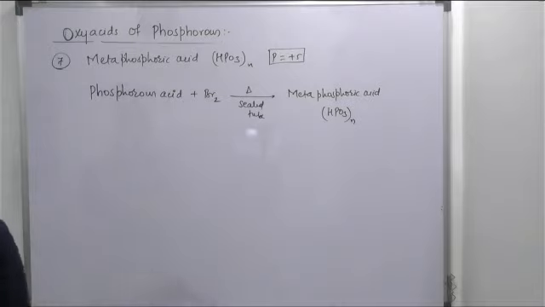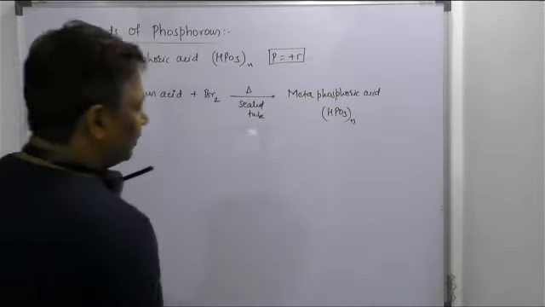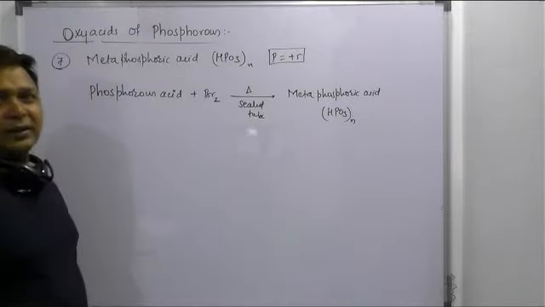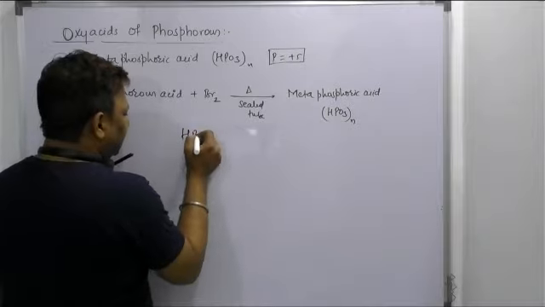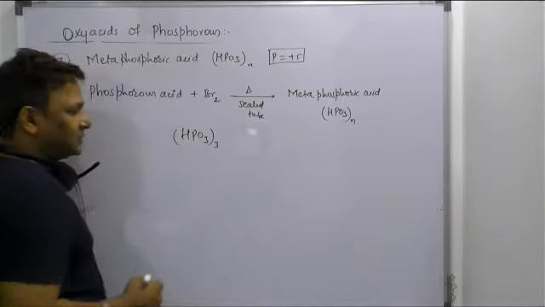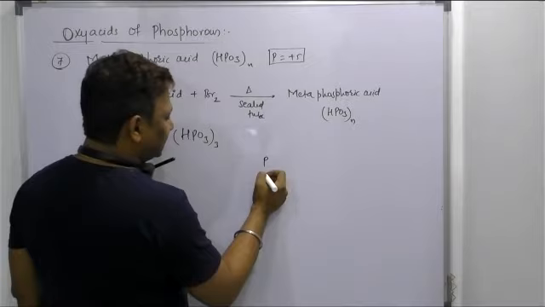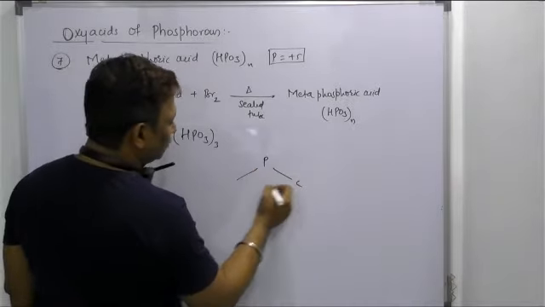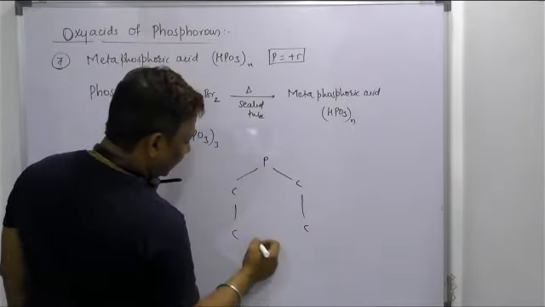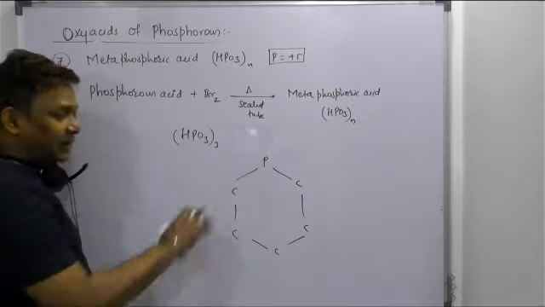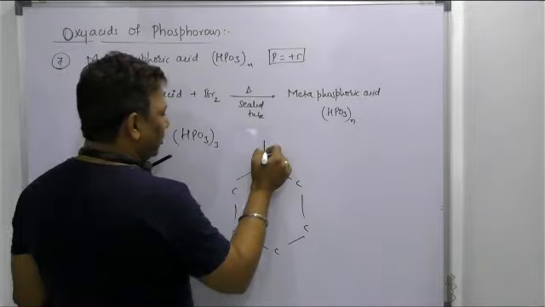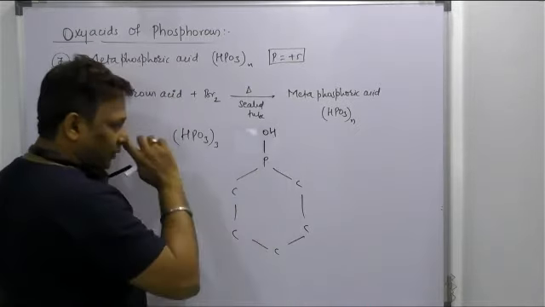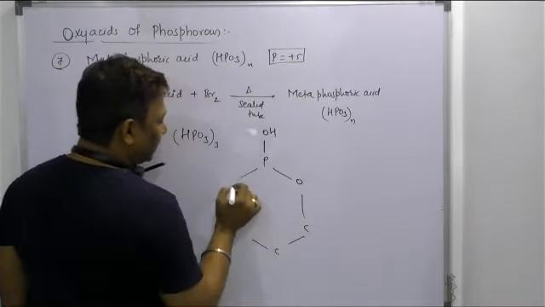Here we will see how many POH bonds are there, how many P double bond O, how many POP bonds. Just to tell you, if you take the n value as 3, then HPO3 is taken 3 times, and it is something like this. 1, 2, 3, 4, 5, 6. See, I have drawn a benzene-like ring structure here. But actually PO3 is there. On one side I will get OH, POH, and on the other I will get O, and again O.